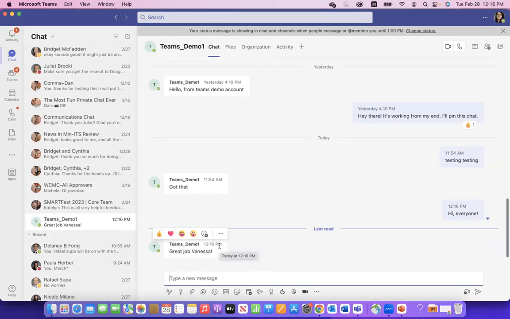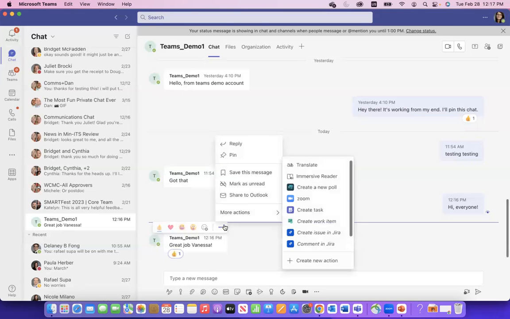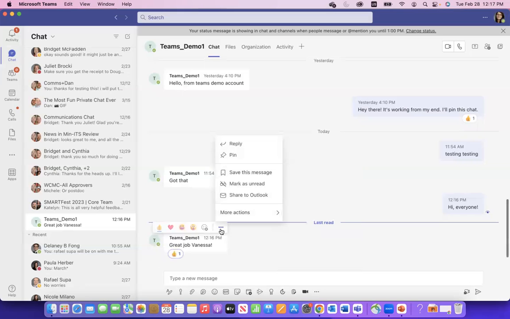So there's a couple of ways that you can manage your chats. If I wanted to respond to Raphael, I could just respond to him here at the bottom by typing in a message, or I can even do some little emoji reactions if I wanted to. So I could give him a thumbs up, as a thank you and a quick acknowledgement. I can do a couple of things here on this little 3-dot icon. I can reply to him. I can pin this message so I don't lose it. I can save this message if I needed to refer to it later here in my status bar. And I could share things.